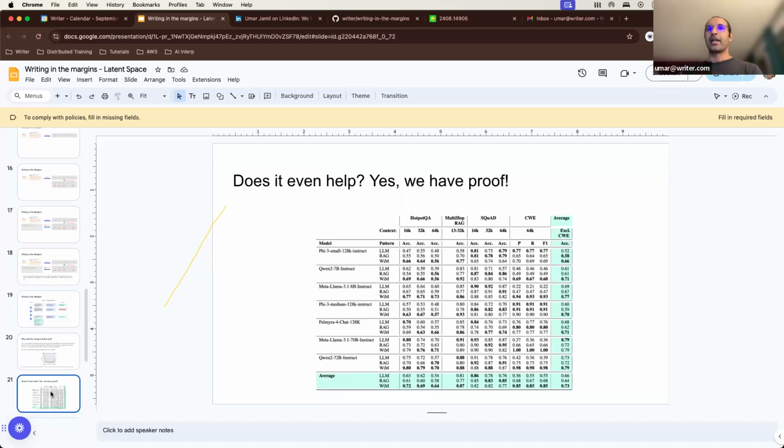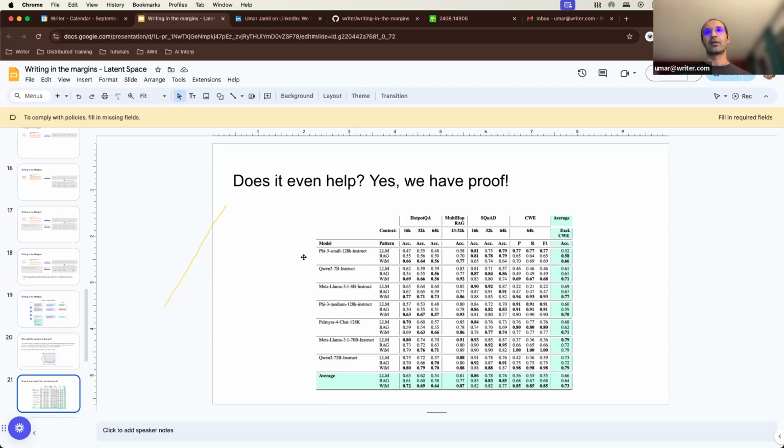So yeah, in the paper we have a proof that it helps pre-trained language models, without any fine-tuning, to better utilize long context. And we provide a few benchmarks. As you can see, for example, smaller models have a better